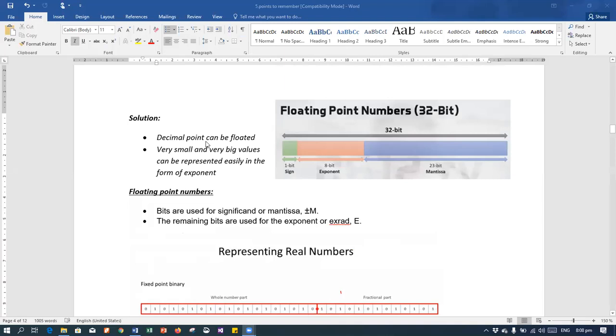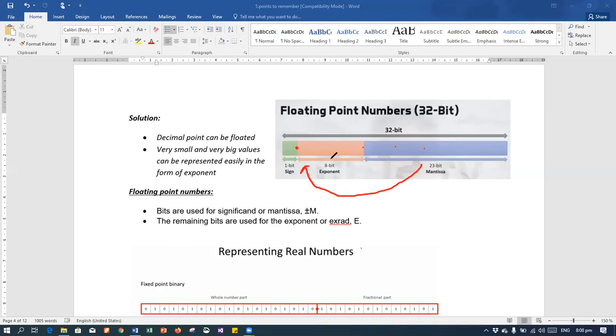Okay, so floating point numbers are the solution to the problems of underflow and overflow. Floating point numbers would be that we have only the decimal point existing at this point. This is the point where you store the decimal number, where you move the decimal point, whether it be there, here, or anywhere. You have to move it between the first two bits.